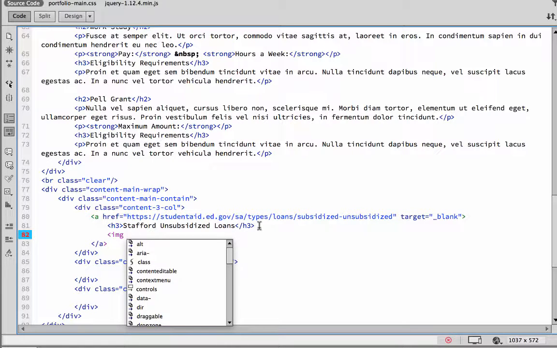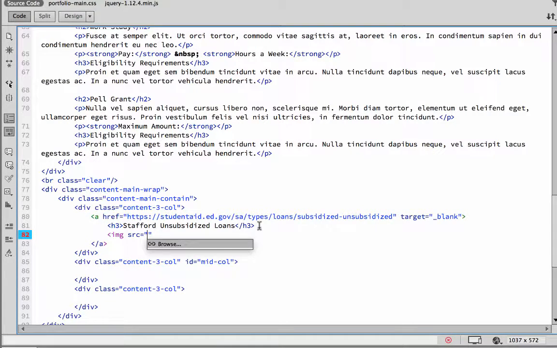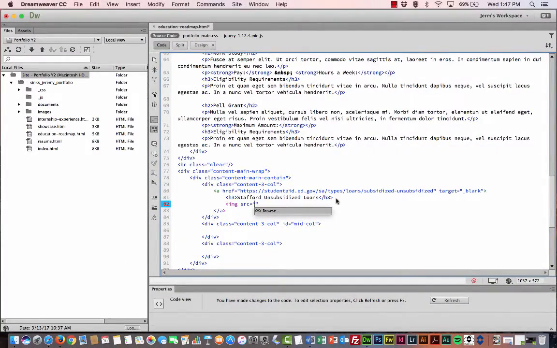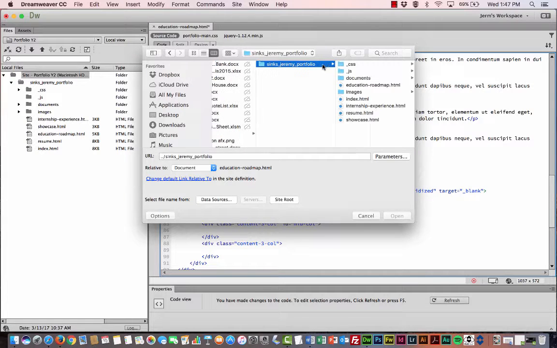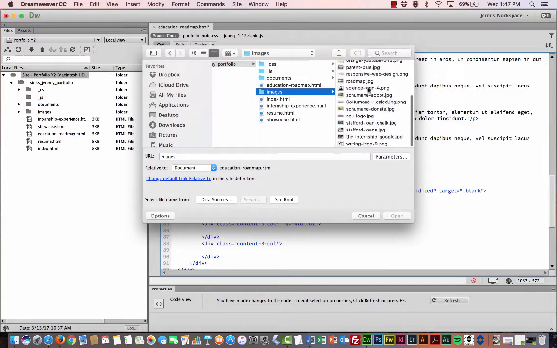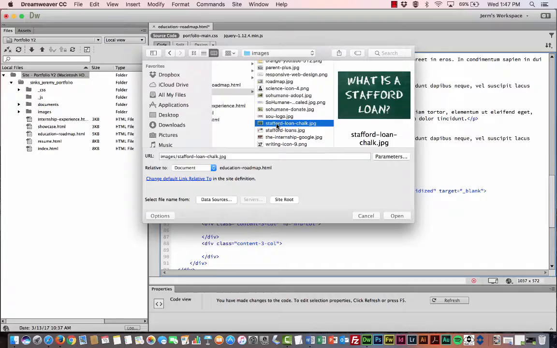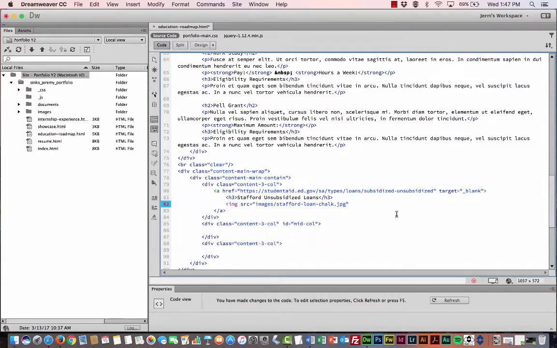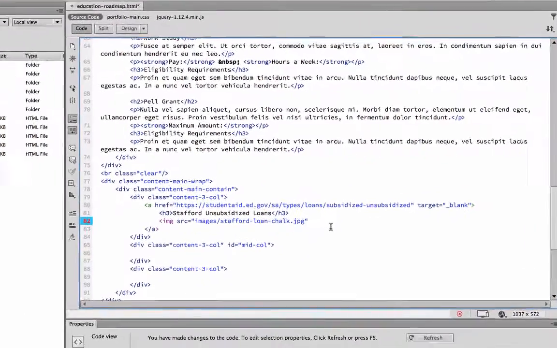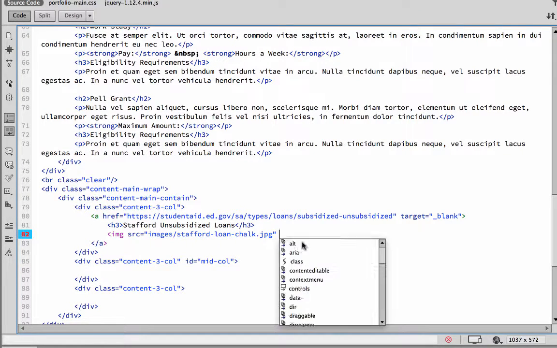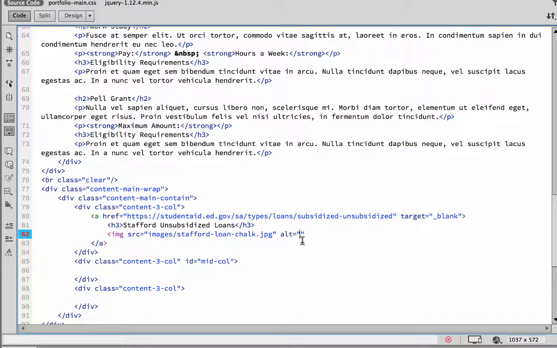So I'm just going to click image source and enter return to browse for those images in my images folder. The one that I want to put in is the Stafford. There we go, Stafford loan chalk, and click open. And the width of this, by the way, is 290 pixels wide by 190 pixels tall. I'm going to put in an alt key of the Stafford loan